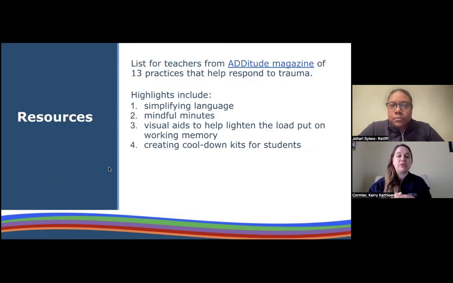So some other resources we have linked here in the slides, and we'll make sure that these are available on the LRC website, is this list for teachers from Attitude Magazine of 13 practices that can help you respond to student trauma. So some highlights that they mention in these 13 practices, and Jahari just went over, is simplifying our language.